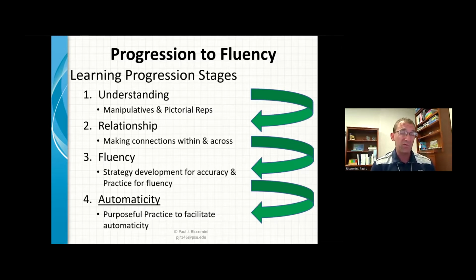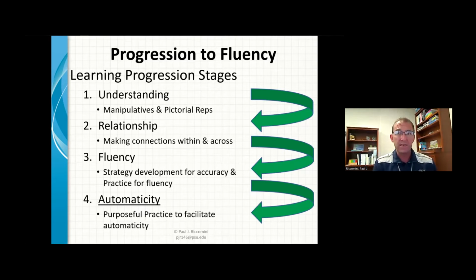Stage 3, fluency. What I really hope you wrote down was there's 2 branches of fluency. The first one is we teach strategies so that kids get a correct answer. And we teach a variety of strategies. And those strategies are building upon relationships, the relationship stage.